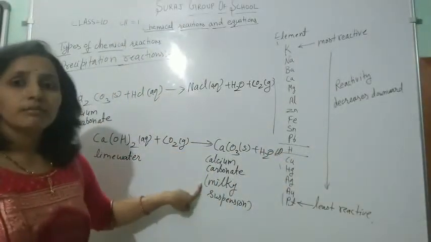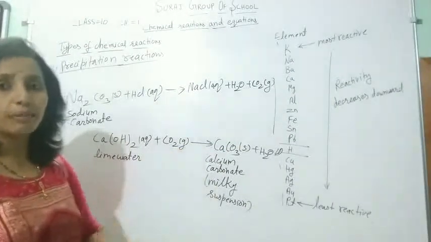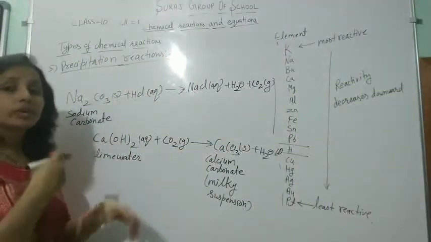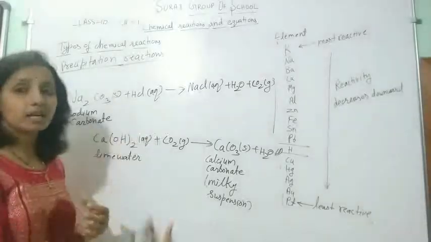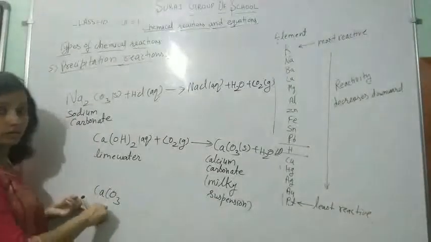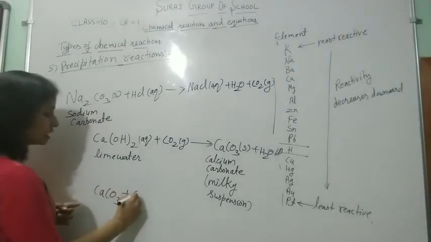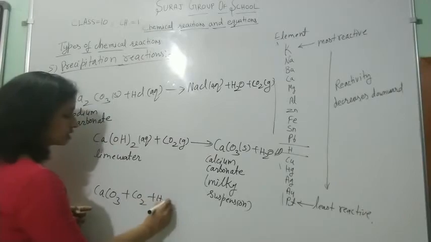So the milky suspension is created here due to the formation of calcium carbonate when CO2 gas is supplied. When an excess amount of CO2 is supplied to this compound,